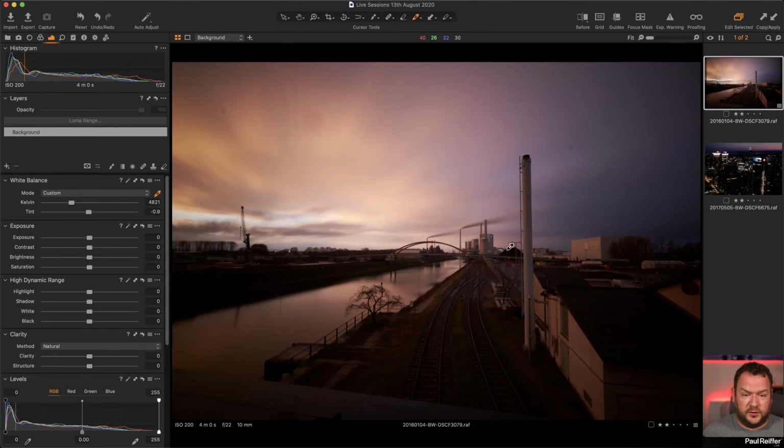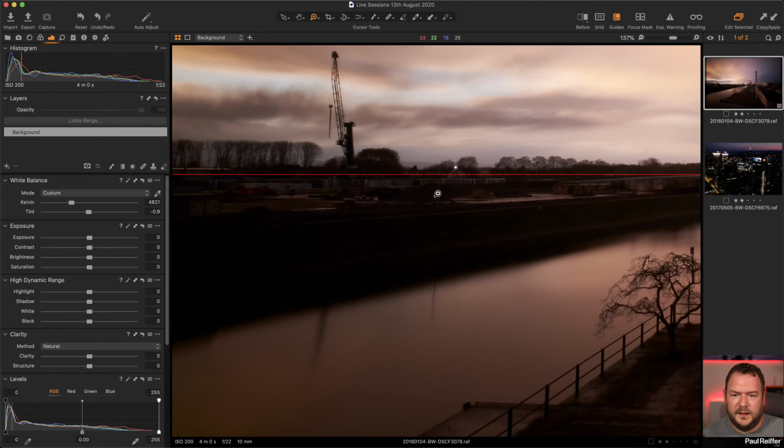Okay, so let's look at some other extra bits. Let's look at, for example, let's put some guides up and let's look at our lines. So along here, we've got our horizon line. That looks pretty good. If I were to use the straighten tool, it's not going to do much. But we have got a little bit of a line in here with this tower that's leaning to the left. Now, we don't have anything on the left here that's necessarily completely straight to be able to align, but what I can see is these reflections. So you see here we've got this little lamppost thingy, I think it is, here, yeah, and the reflection here,